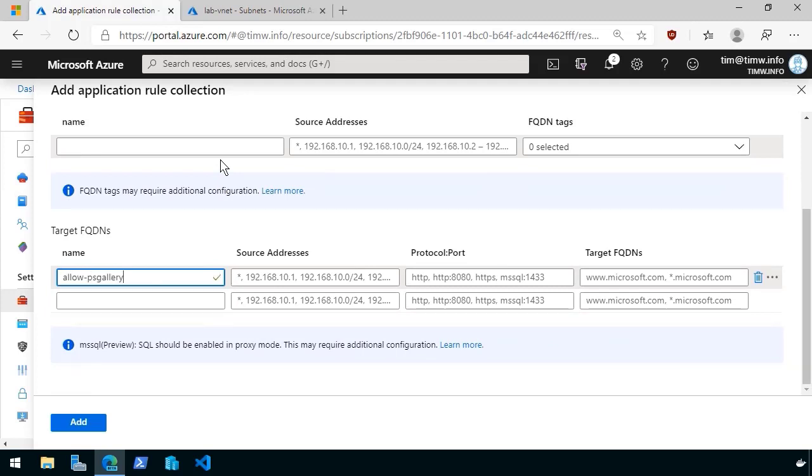I didn't actually tell you what I was hoping to accomplish here. I'm sorry about that. Let's say that we want our virtual machines to only be able to make an outbound internet connection to the PowerShell gallery. Maybe for configuration management purposes, you need to download modules and scripts from the PS gallery, so we need to create that allowance here. So once again, we specify a friendly name for the rule and a source address range,